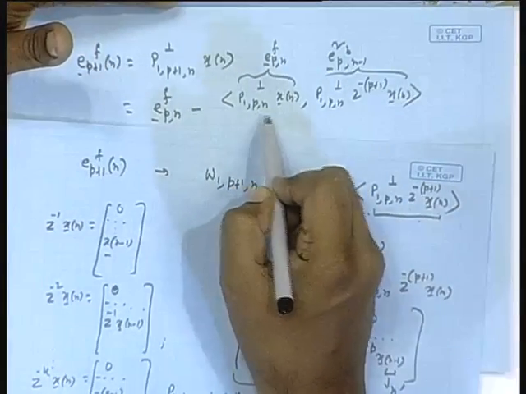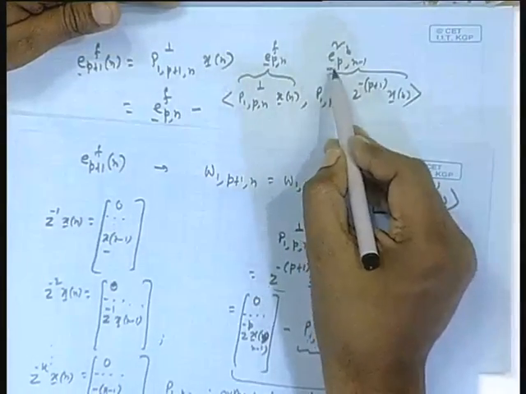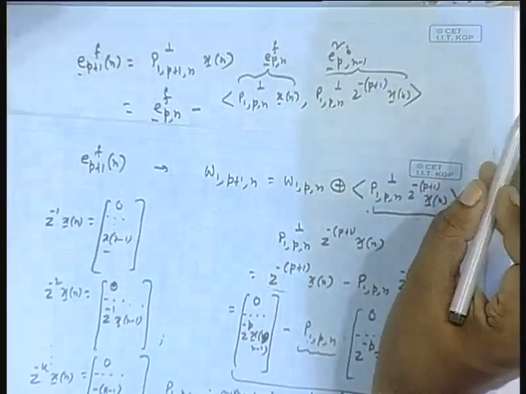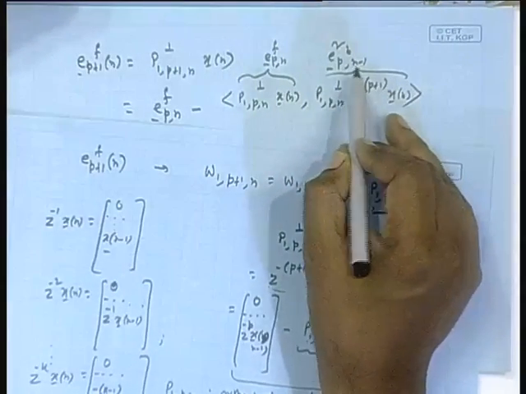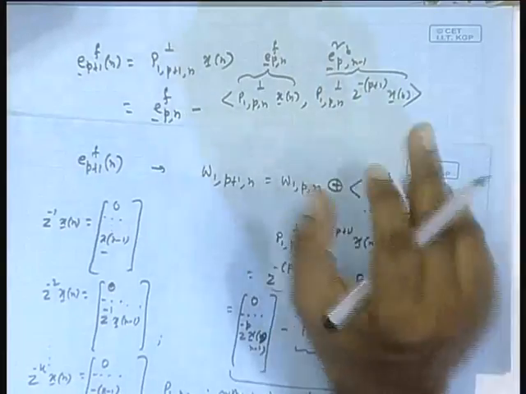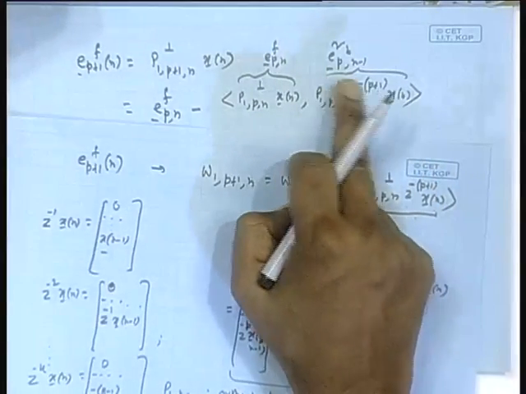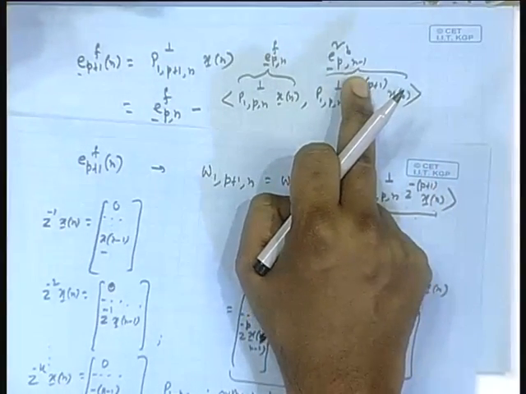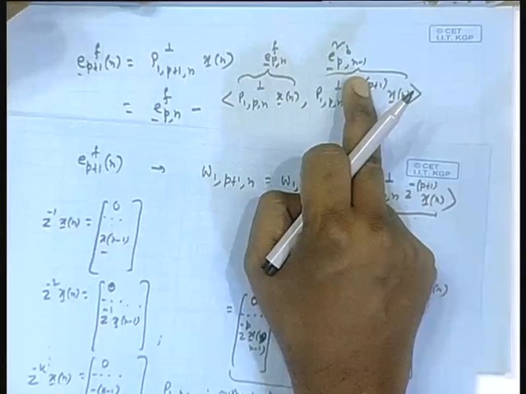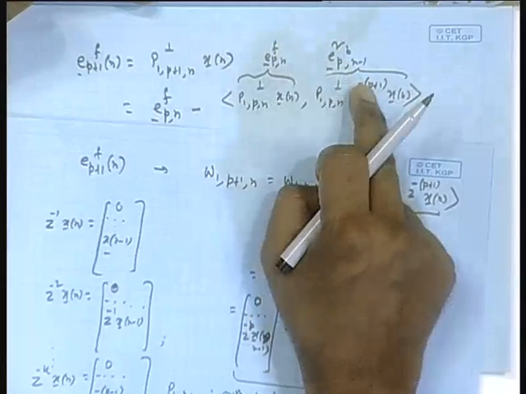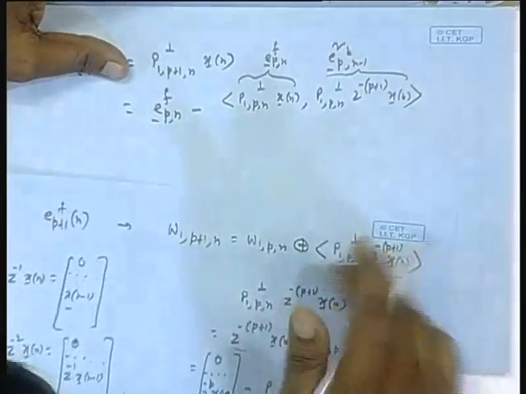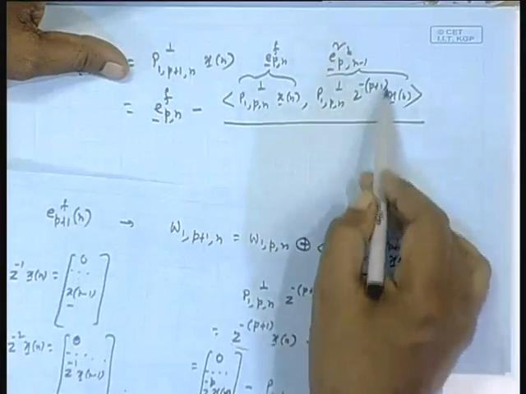Forward prediction nth index error, E p f n, and E p tilde b n minus 1. Remember it is n minus 1 and tilde. So, 0 on top and that backward prediction error vector pth order index n minus 1, that is taking data up to index n minus 1, their inner product divided by norm square of this